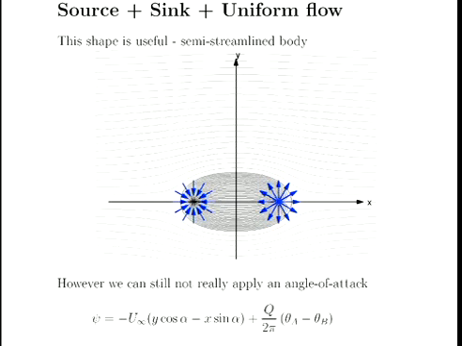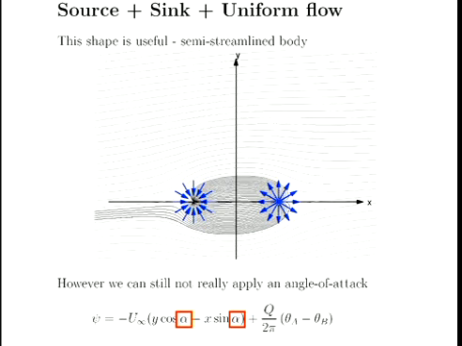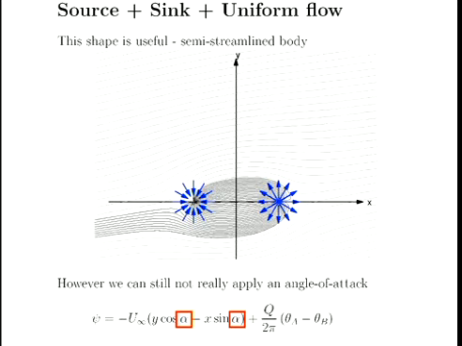Okay, so we've got this full Rankine body. It's a kind of semi-useful, semi-streamlined body, I would say. At least it's no longer infinite in x, but we've still got this same angle of attack problem. If I now add flow coming from an angle of attack, it's even worse, I would say. We've got this